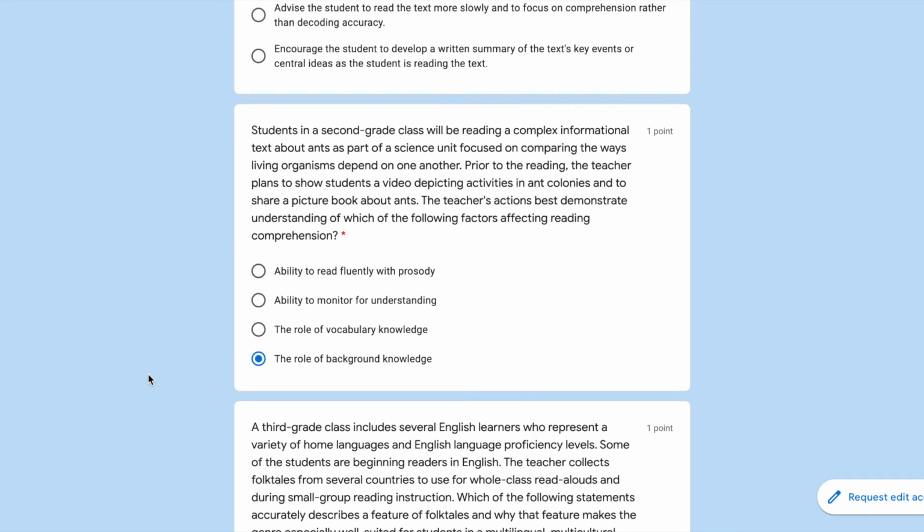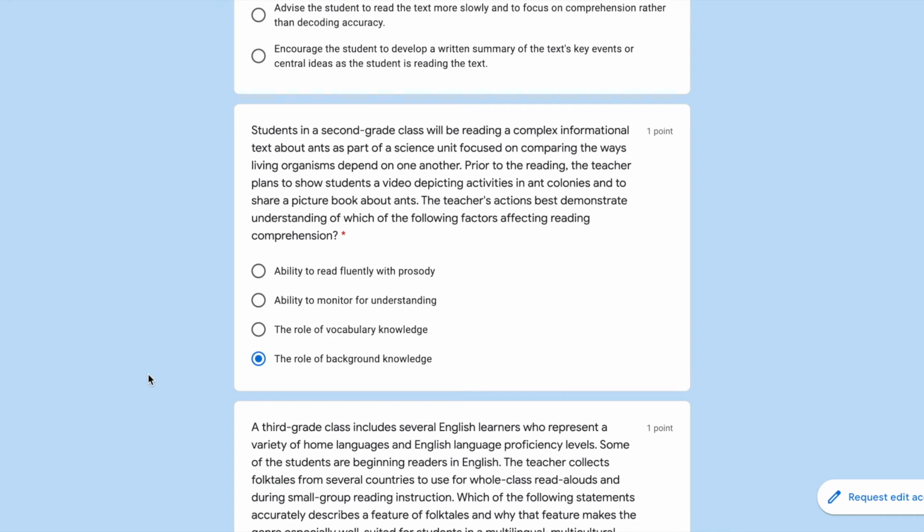The role of background knowledge, option D, is best here because the teacher in this scenario is focusing on systematic building for students' background knowledge related to the theme of the unit, which is how living organisms depend on one another. By showing a video depicting activities in ant colonies and reading aloud and discussing a picture book about ants, the teacher is building students' background knowledge related to the unit's theme, thereby providing them with the content knowledge they will need in order to assess more complex texts about ants that they will be reading shortly in their science